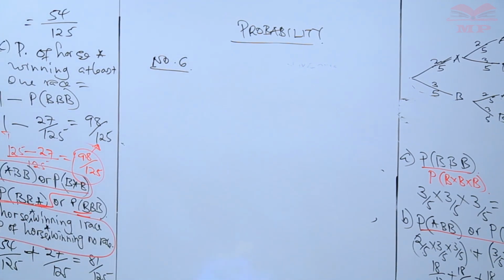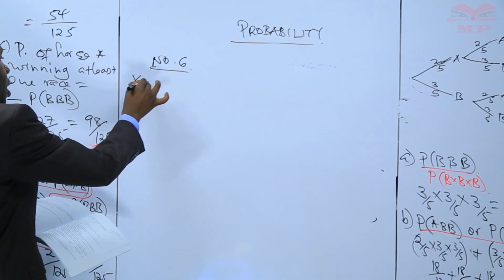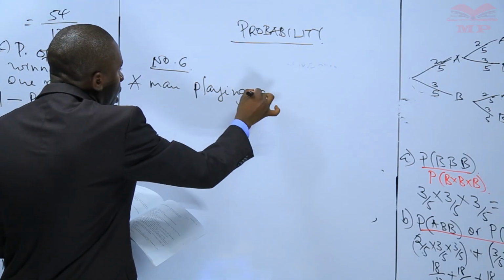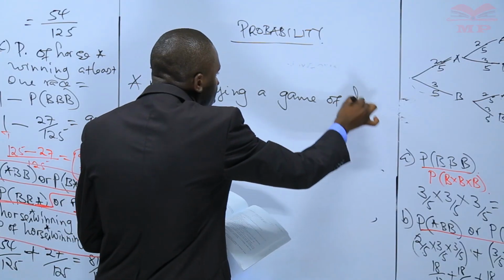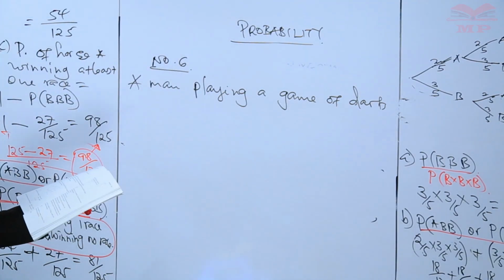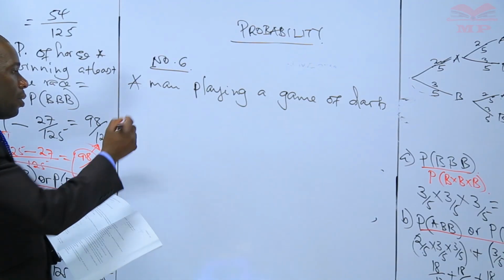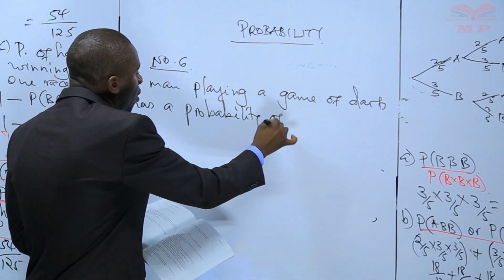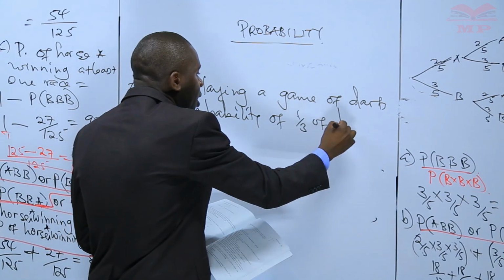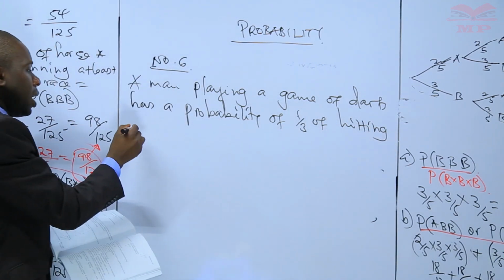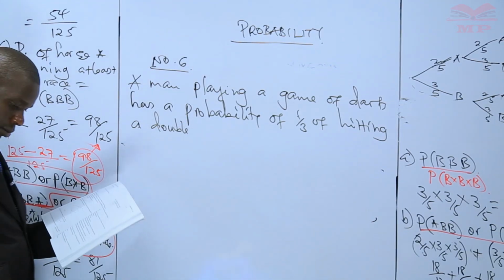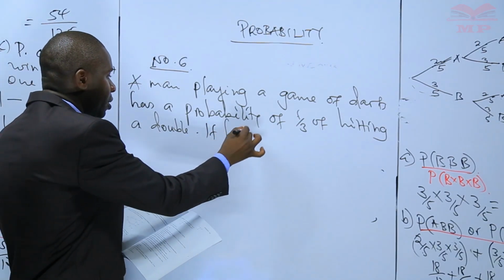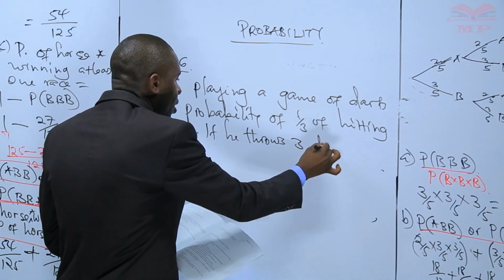Now the question in number 6 was: a man playing a game of darts has a probability of a third of hitting a double. If he throws 3 darts,